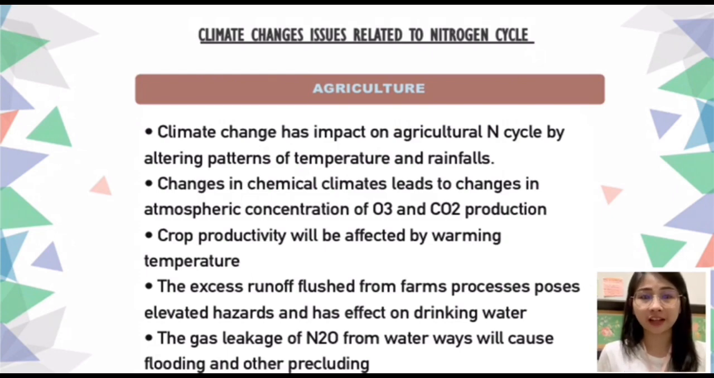Climate change affects the agricultural nitrogen cycle, mainly through its impact on changing the patterns of temperature and rainfall. Effects also occur due to changes in chemical climate, in particular, via changes in the atmospheric concentration of ozone and carbon dioxide. Warming temperature will affect crop productivity because most physiological processes related to crop growth and yield are highly